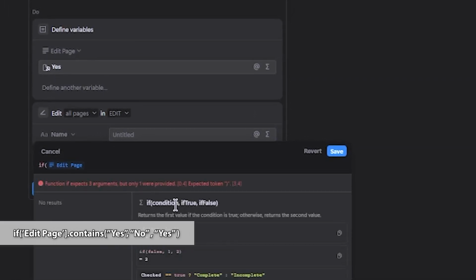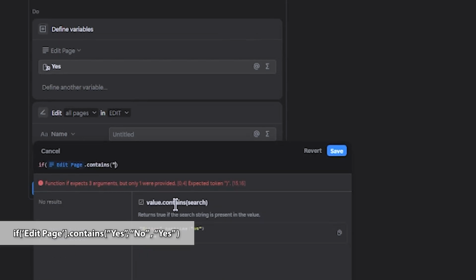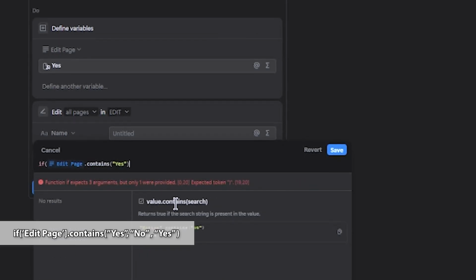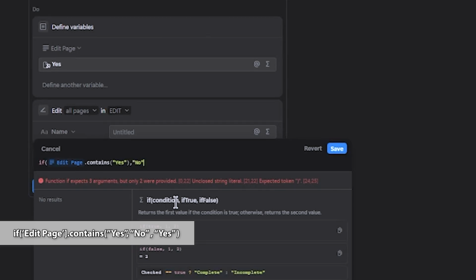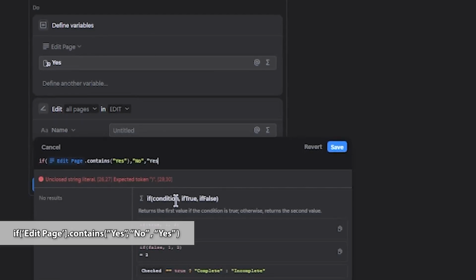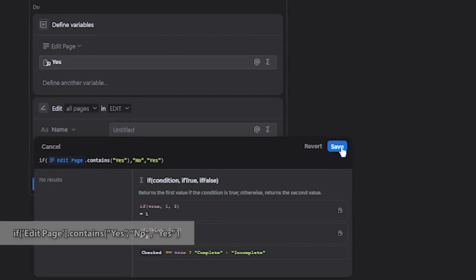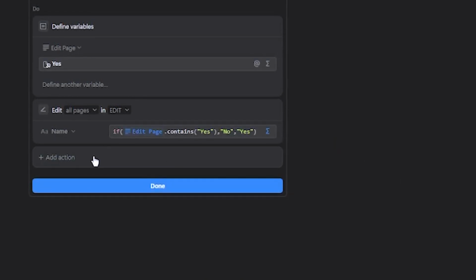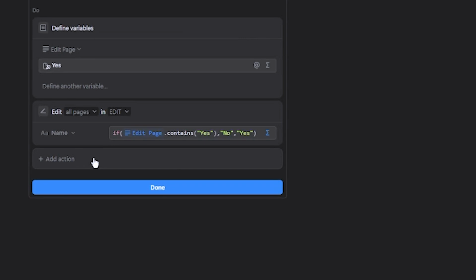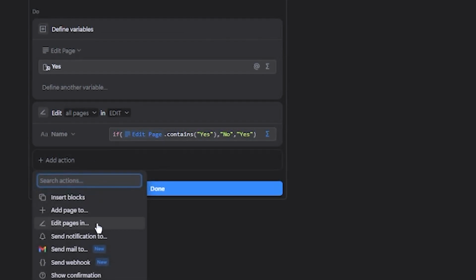And simply, if that edit page contains yes, we're going to change the name to no. If not, we're going to keep it yes. That's the formula that you need. Very easy. Save. And then, because that happened, let's edit pages in